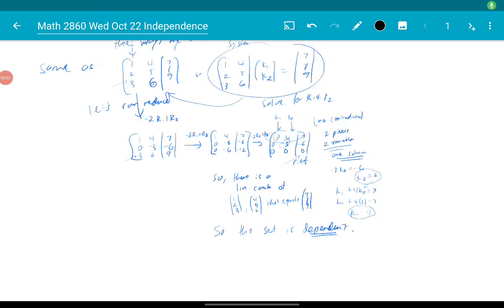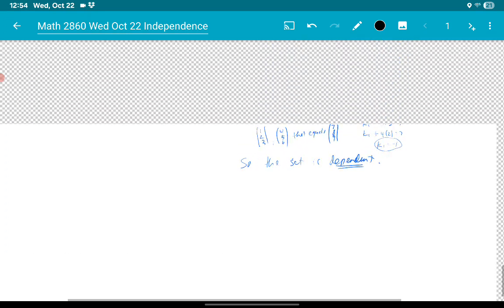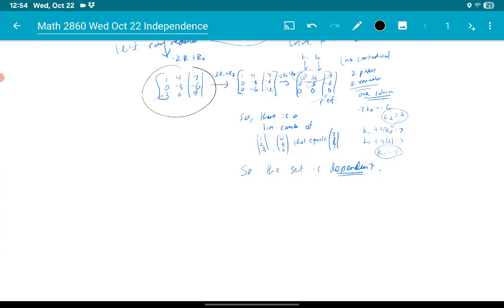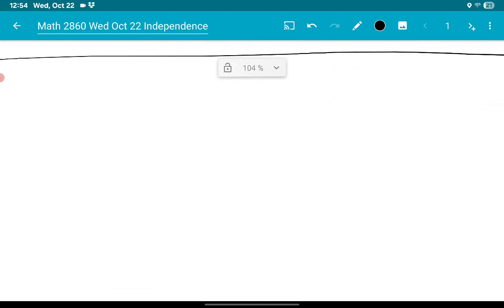Okay, let's spend a couple more minutes. I'll show you a quicker way to answer questions like, is this set of vectors independent or dependent? It's all based on the same idea, though. The same idea is by using a matrix. So let's zoom in here. This method I'm going to mention now isn't always quicker, but it will always work.